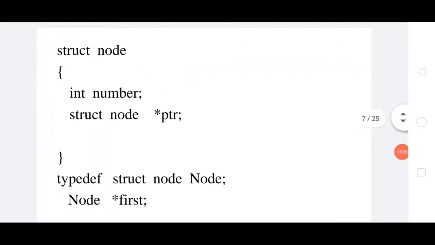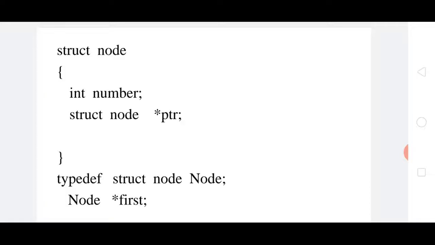Now see here, I am going to create a linked list using structures. Already we have seen what is meant by structure. Basically, a structure is a collection of different data types. Now see here, the name of the structure is node, declared by using the struct keyword, struct node. Here node is the name of the structure.